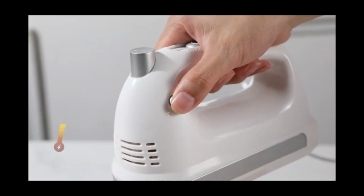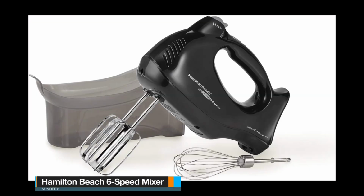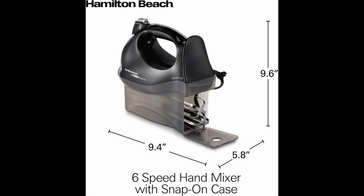loose during use. Now, let's talk about the Hamilton Beach 6-speed electric hand mixer. This budget-friendly option features 6 speeds and a bowl rest feature for convenient storage. The pros include its affordable price and lightweight design, but some users have mentioned that it can be noisy at